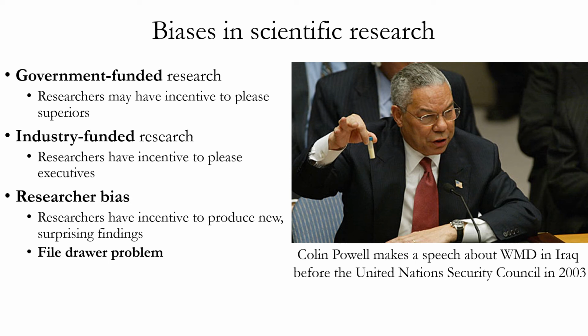Another potential source of bias is among the researchers themselves. This can happen even when they don't have a direct financial or ideological stake. They may have an incentive to produce new and surprising findings, which can make it more likely that their study will be published and noticed by others, which can further their career. This is known sometimes as the file drawer problem, or one aspect of this researcher bias is the file drawer problem, alluded to in the cartoon in the previous slide: if a researcher finds information which conflicts with the hypothesis they want to prove, they may just ignore that particular trial or information and publish the ones which get the result that they want.